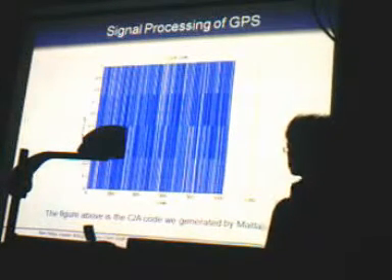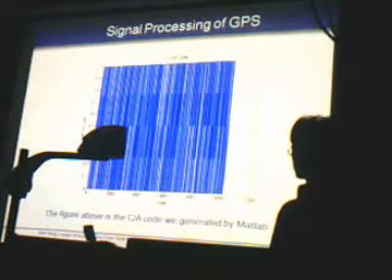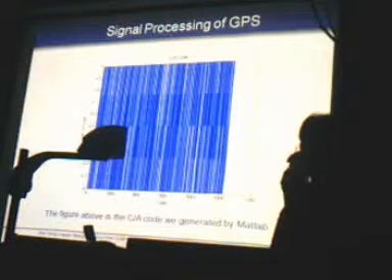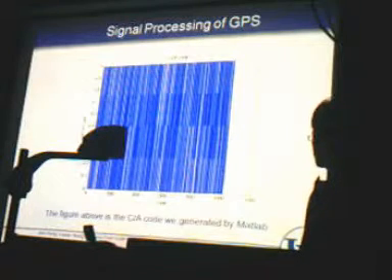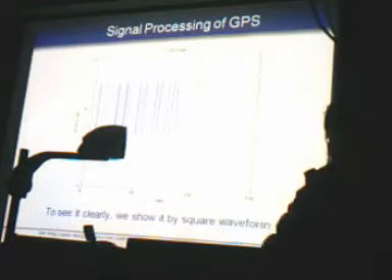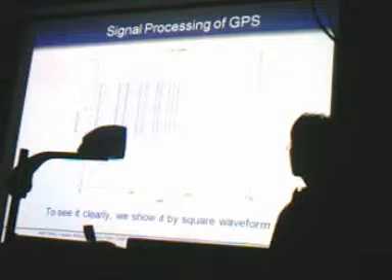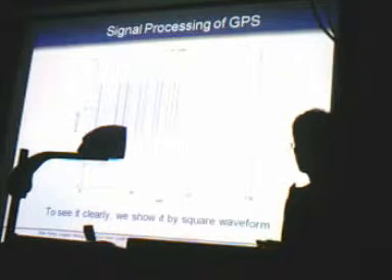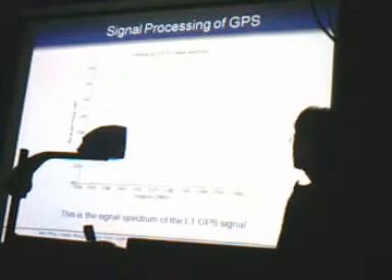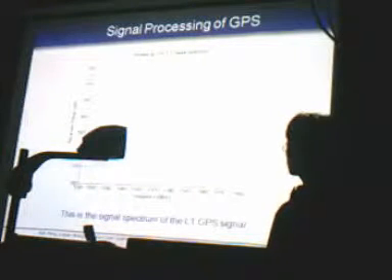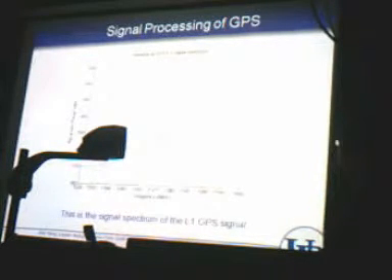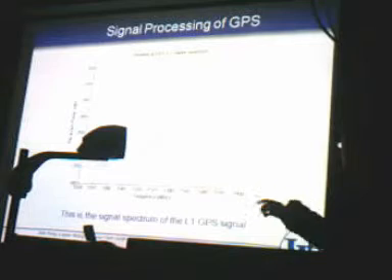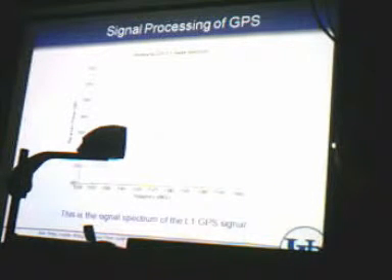And here is a little simulation we did, and we used MATLAB to generate the CA code. Every CA code has 1023 bits, and to see it clearly, we show it as a square waveform. And here, this is the signal spectrum of the GPS signal. As you can see, the GPS system uses CDMA technology, and it can spread the spectrum into the frequency